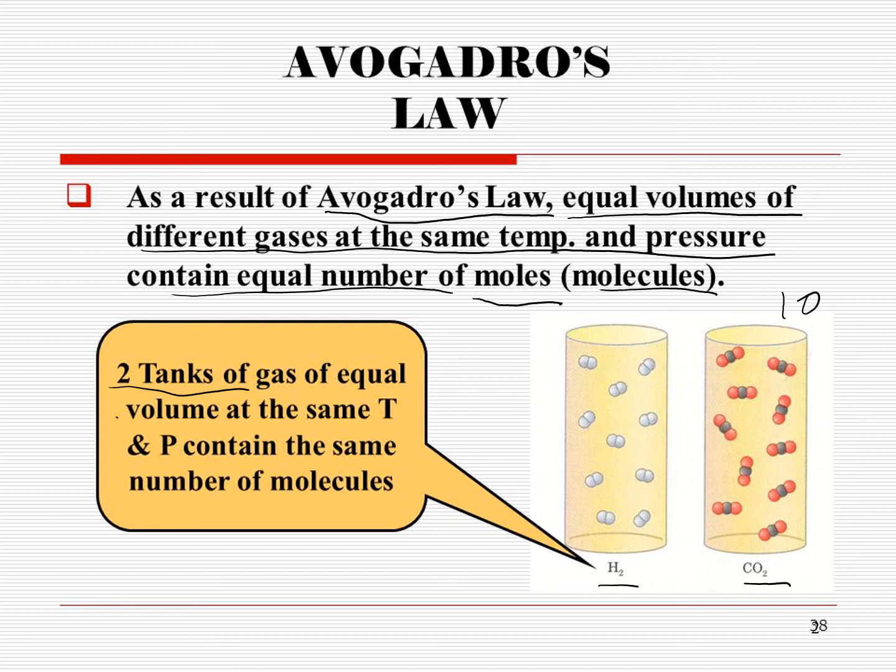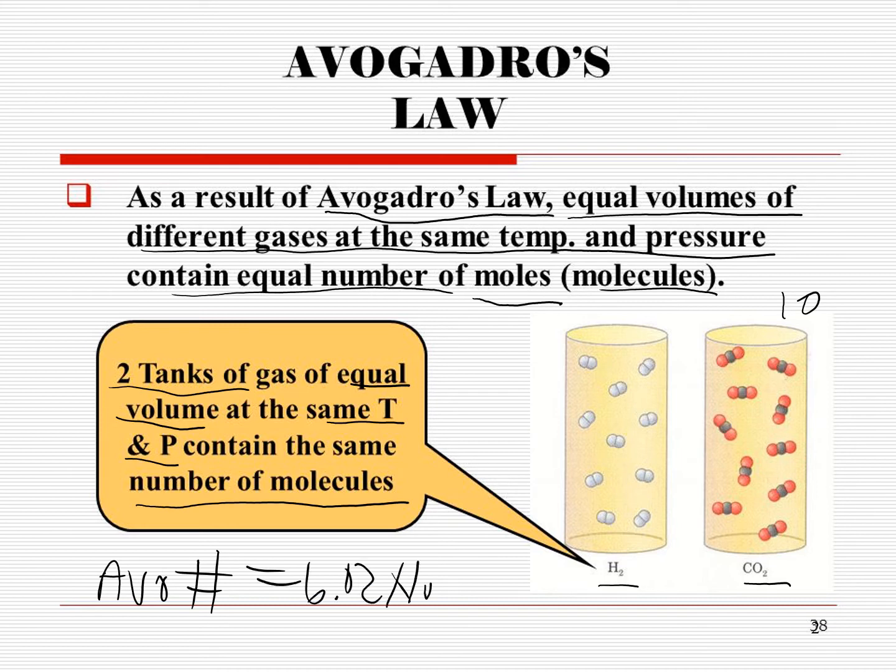They have equal volumes, and the conditions are the same temperature and pressure in order to have the same number of molecules. And this is the same Avogadro from Avogadro's number, which is 6.02 times 10 to the 23rd atoms or molecules